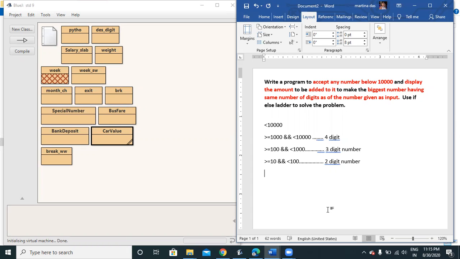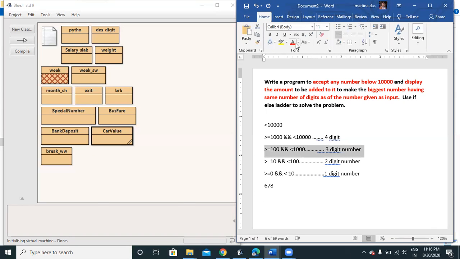Now let us say, for example, the user gives the number 678. Now 678 will come within the range of 100 to 1000. So it will come in this range. Now it says to make the biggest number having the same number of digits.